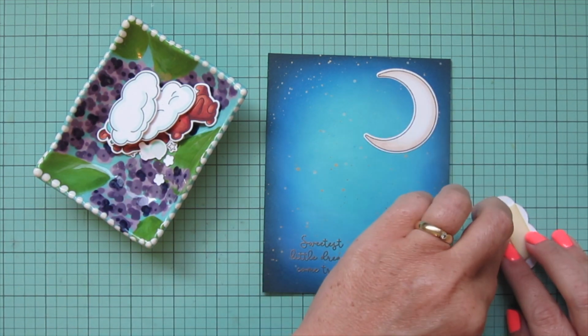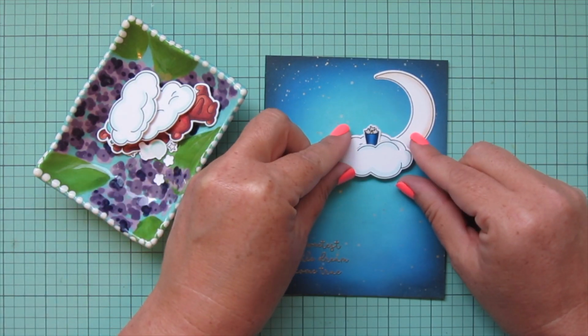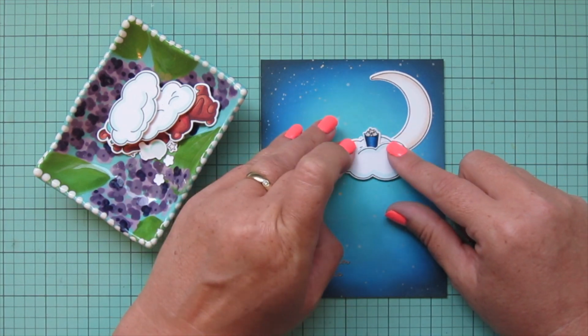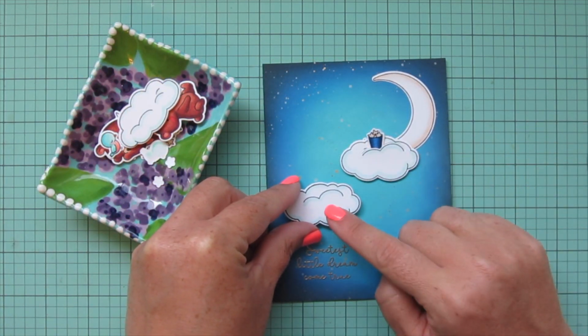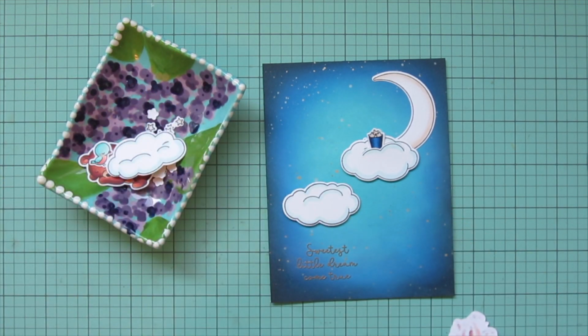And I wanted to add another strip once that pail was attached to just support that as well. So I'll just line that up at the bottom of the moon and get that situated. Press that down into place. Then I've got a second cloud here, and I'm going to stagger that one over on the left-hand side,